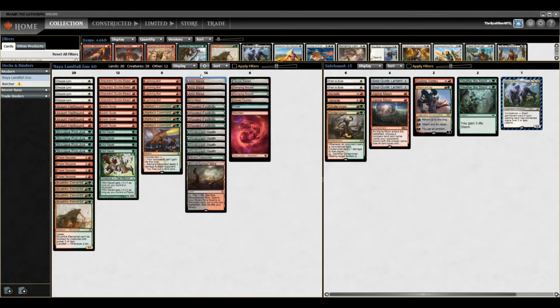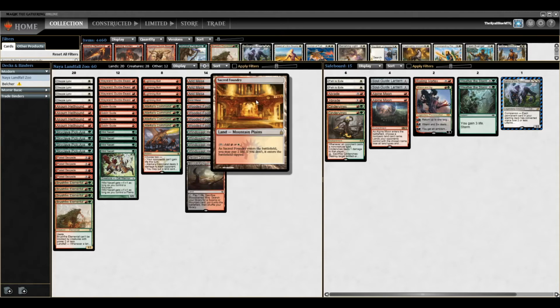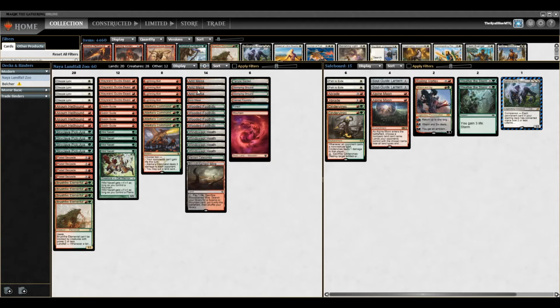4 of the fetches that are in our colors, and then 1 Verdant Catacombs, 1 Bloodstained Mire, just as additional fetch lands, so we always have a fetch to be able to go double trigger our landfall stuff. 1 Temple Garden, 1 Sacred Foundry, 2 Stomping Grounds, and then a couple basics as fetch targets for all of our fetch lands. Yes, we will run out of fetch targets eventually with our fetch lands. That will happen. I'm not saying it won't,